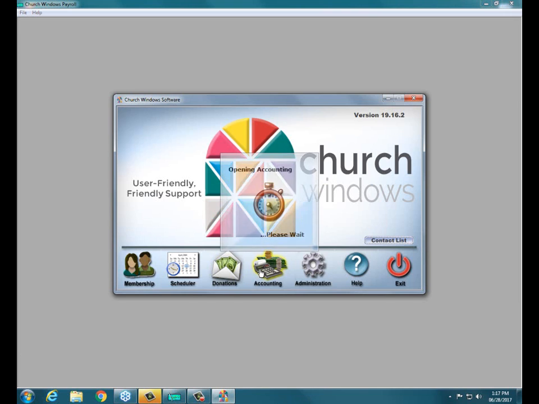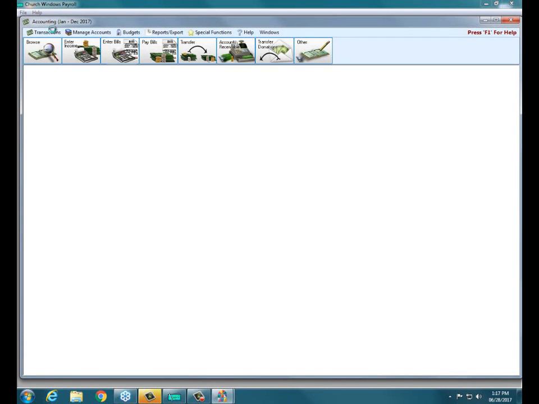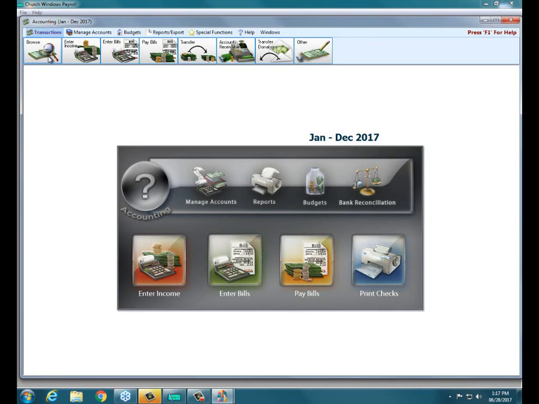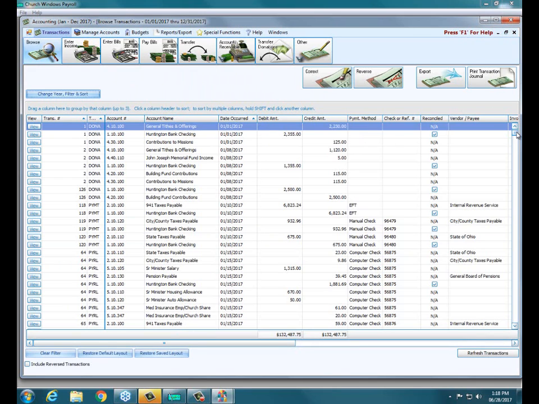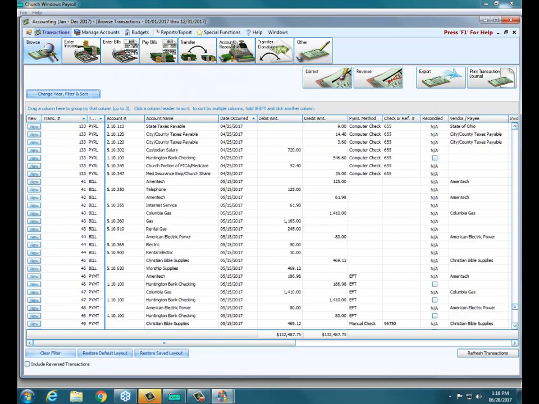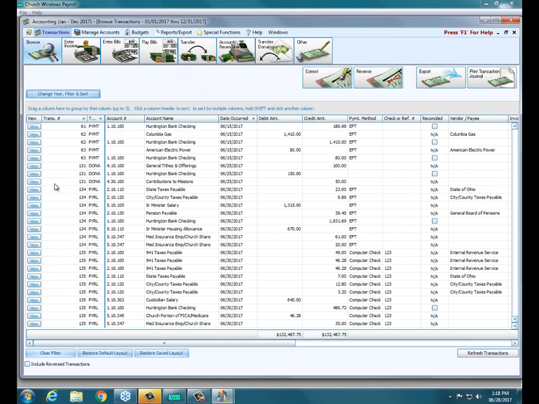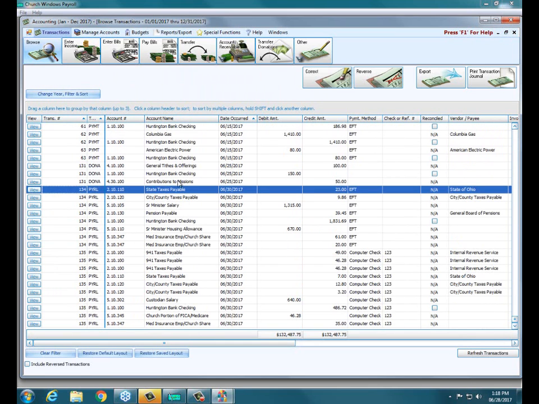All right, so let me real quick show you an accounting. If I go to Transactions Browse in the upper left, actually I shouldn't need the transaction numbers. If I just scroll to the bottom, that should be my latest transactions, which should be the payroll we just sent over. And indeed, there is 134